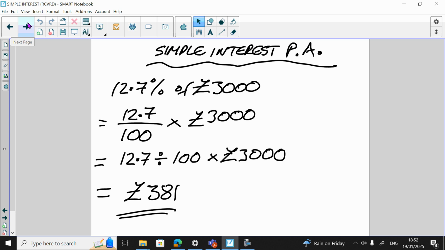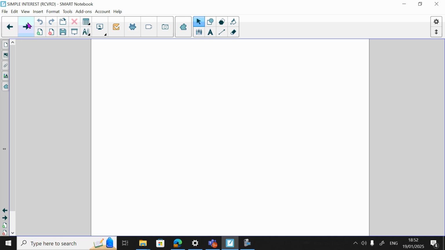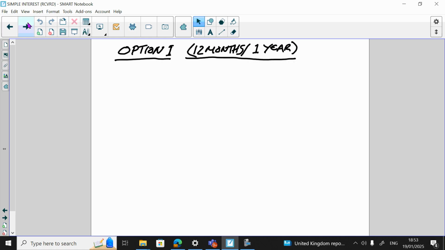That's what we're going to be using for every single year now. Whether it's 10 years, whether it's 20 years, we just multiply that out and add it on to the initial loan. And then we'll divide it by how many months. So we had 3 options here. So the first option, the 12 months and 1 year,